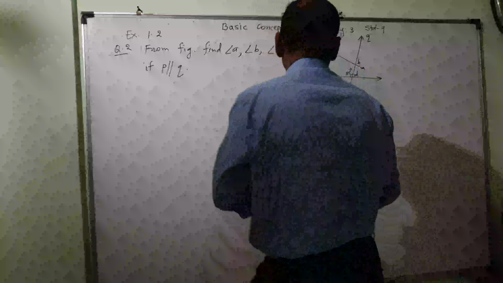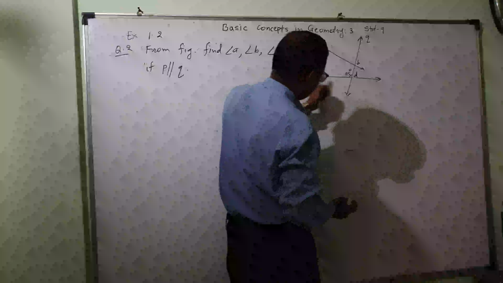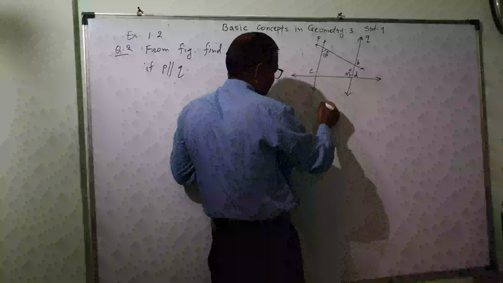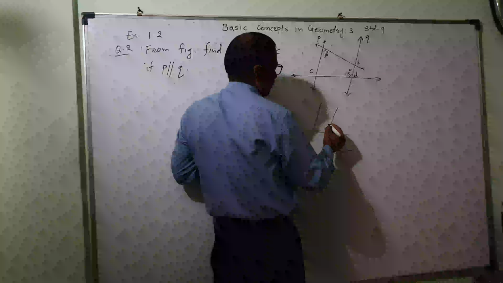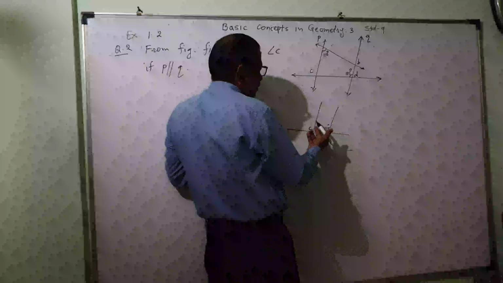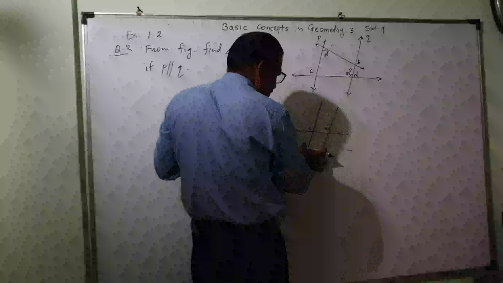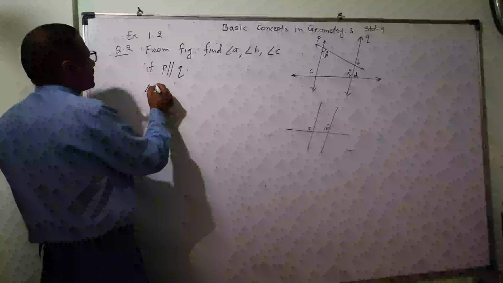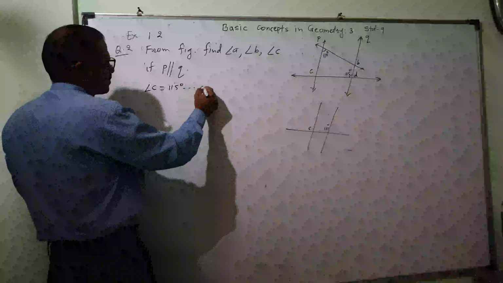Now see this. These two are the parallel lines and this is their transversal. So this angle and this angle are corresponding angles. See like this. This is 115 degrees. This is angle C. This is above, this is also above, on the same side. So these are the two parallel lines. So angle C is equal to 115 degrees. Reason is corresponding angles.